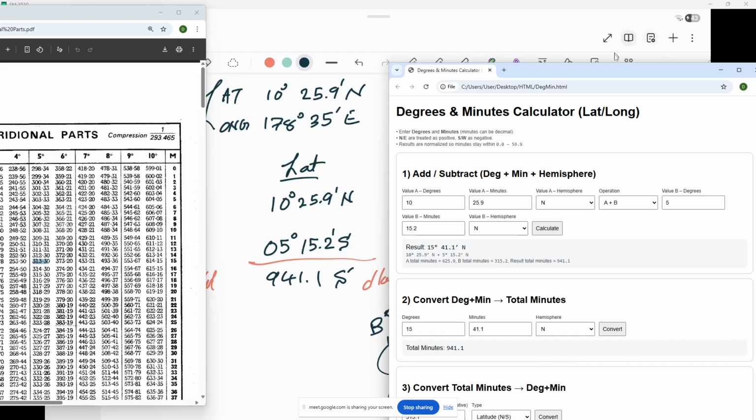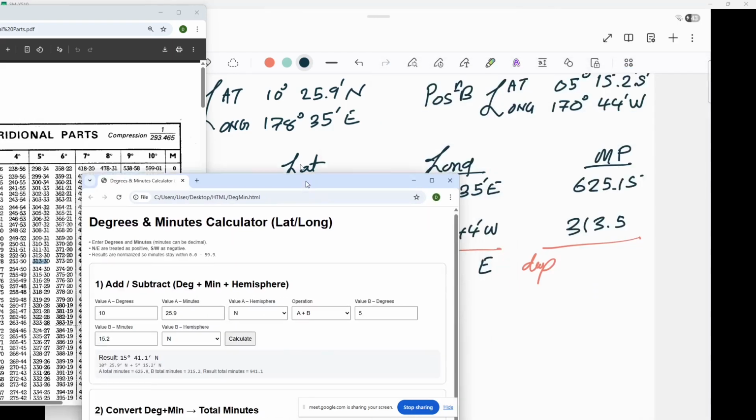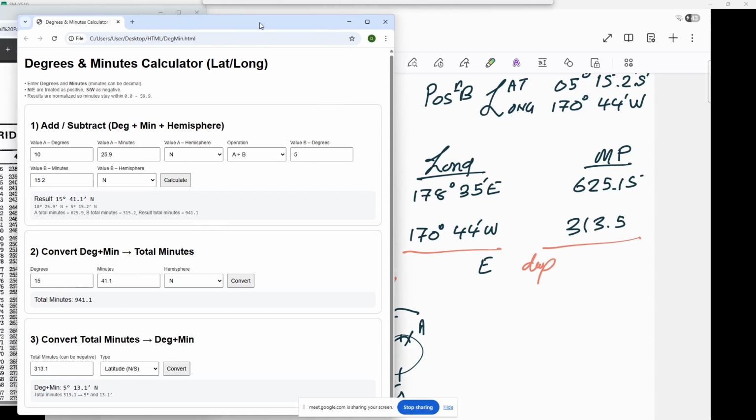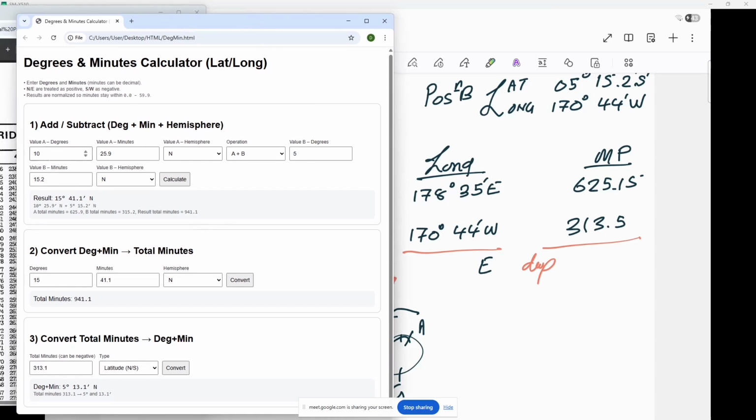All right, okay. So next one is D long, but in this case you can see you have to subtract. You add these two and subtract it by 360. So once you add these two, it is going to be